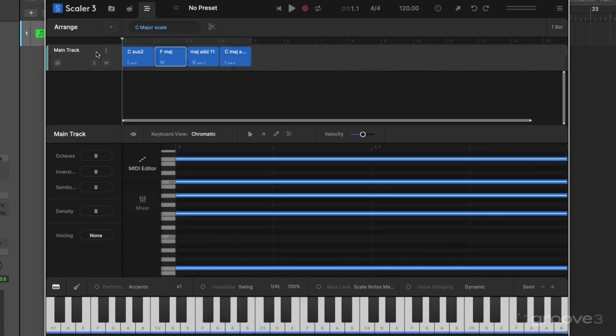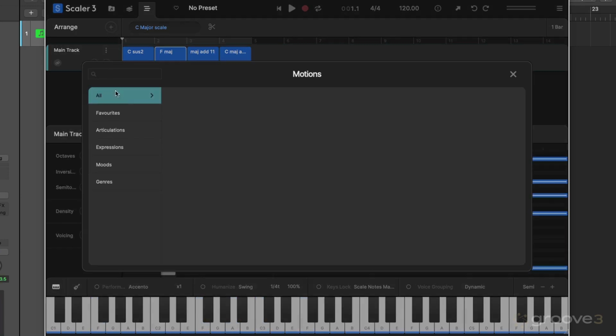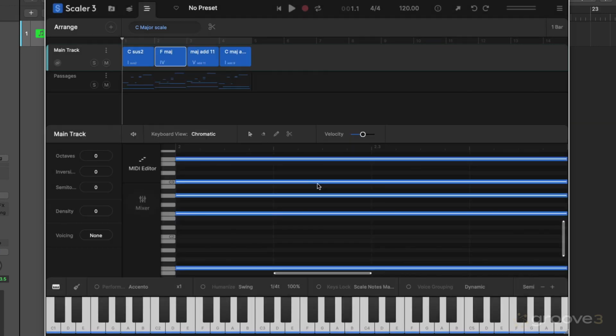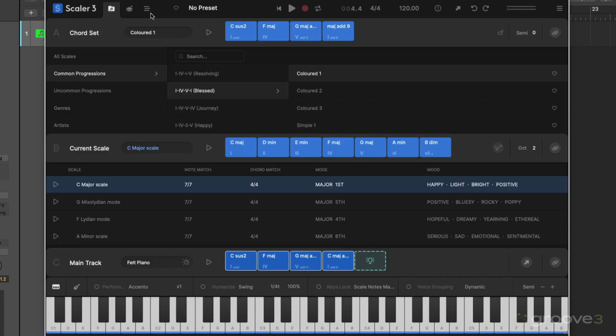Okay, so if we're to add a new track in here, let's add in a passage. Okay, let's try that. Let's have a listen. Okay, sounding nice. So let's come across to here and let's take this F chord here, the second chord, and